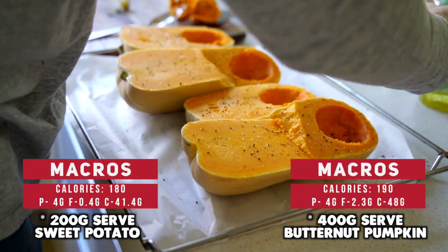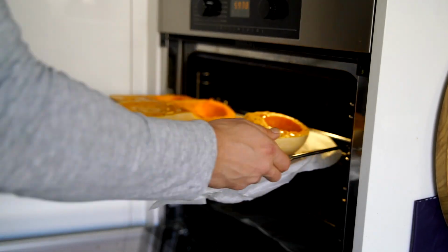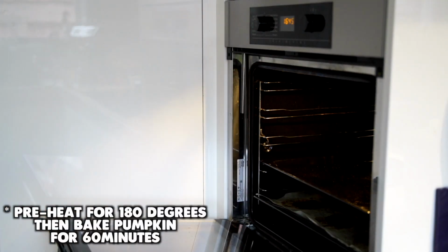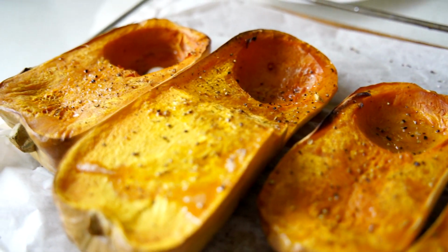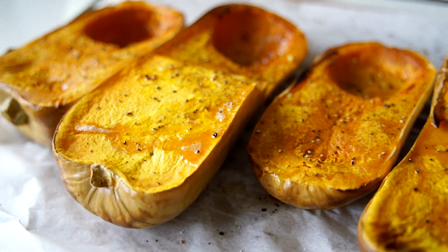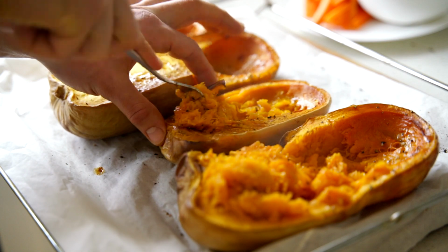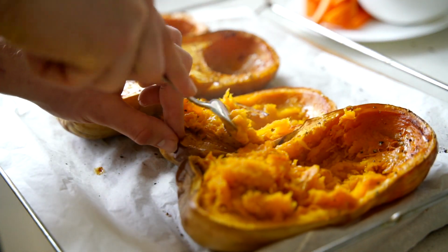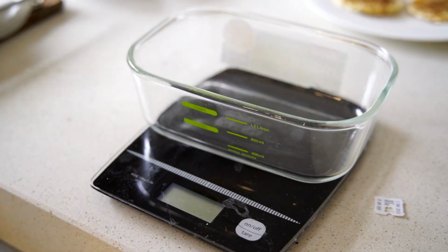Now the different macro profile count. As you can see, you can eat twice as much butternut pumpkin than sweet potato and still be within the same calories. So this is a food hack. If you're really wanting to cut or lose weight, then replace sweet potato with pumpkin, and I'll tell you, the texture is very similar, and taste wise, my personal preference, I'm preferring butternut pumpkin as opposed to sweet potato nowadays. So once it's removed from the oven, which is about an hour cook,